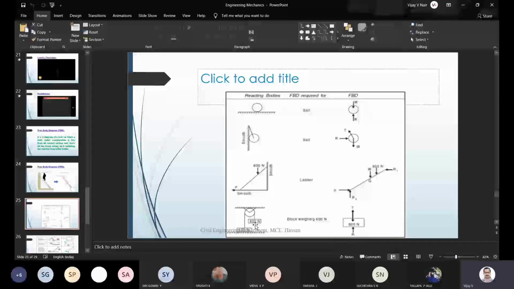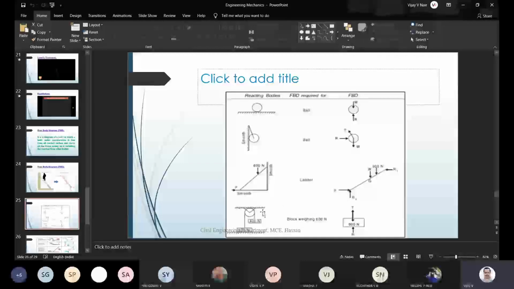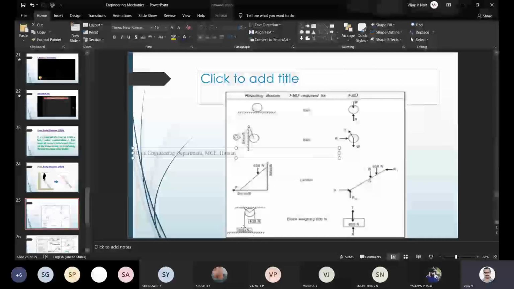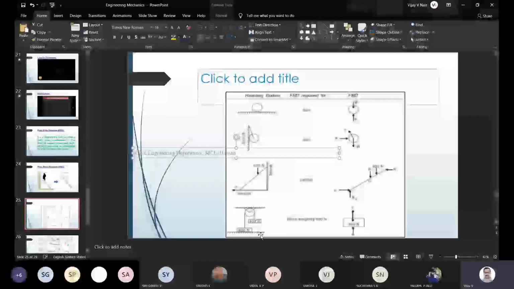And again, when you're talking about this kind of pulley arrangement, you might have seen this kind of arrangement where the weights will be balanced using a pulley. So in this case, the weight of the body, that is 600 Newton, is added here. Wait one second. Okay, yeah. There is a 600 Newton weight, and it is balanced by a 400 Newton